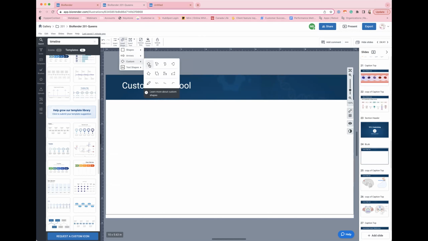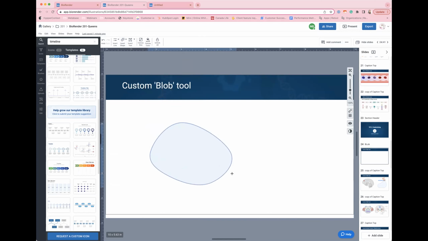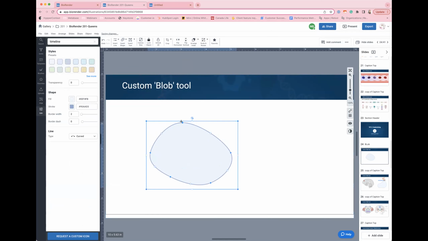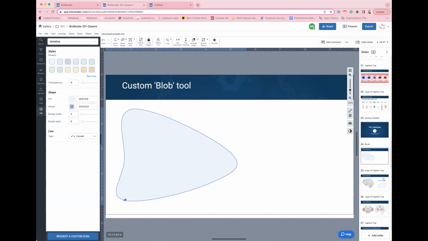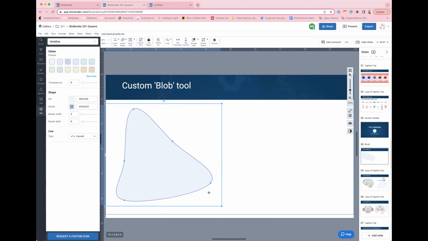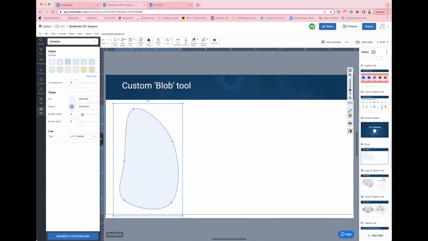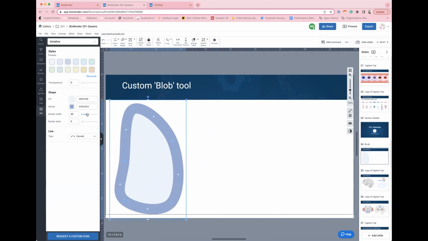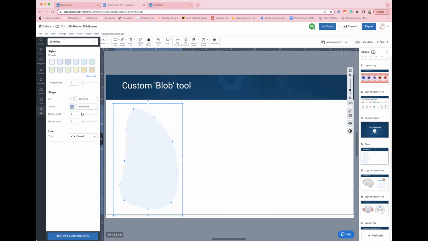And so with the custom blob tool, I'll just bring it into our screen like this. It works a little like the brushes where the blue are these emphasis points, and you can really create exactly the shape you're looking for. So you'll notice I can really edit what I want the shape to look like. I can change the border width, so I can make it super thick. Or I can get rid of the border width as well. If I just want it to be an overall background color or backdrop, something like that, I have this available